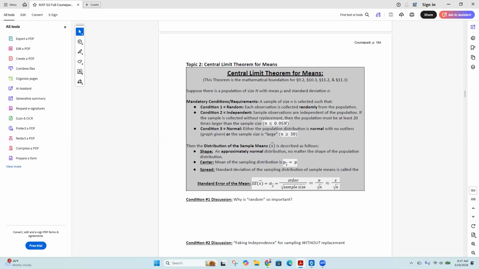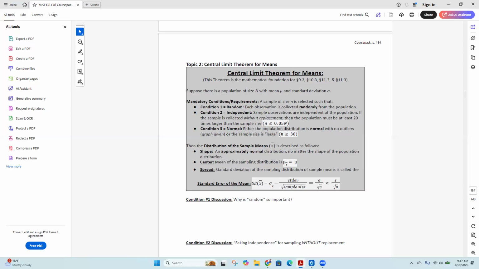So if you randomly select this guy and you have to go to his house and ask him who he's going to vote for, he might not want to answer. He might not answer the door. He might be like, I don't participate in polls and surveys and stuff like that. So, can you just not count his vote? No, if you don't count his vote, then that means that he is changing your result because it's no longer an independent result. So anyway, the randomness is actually the hardest thing.